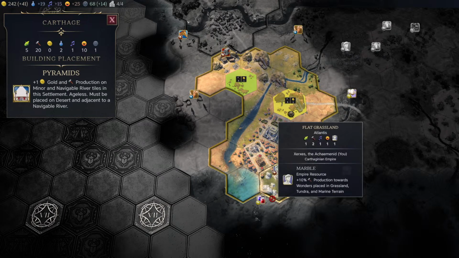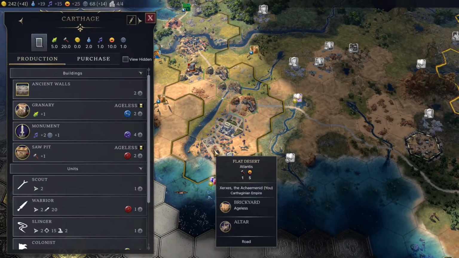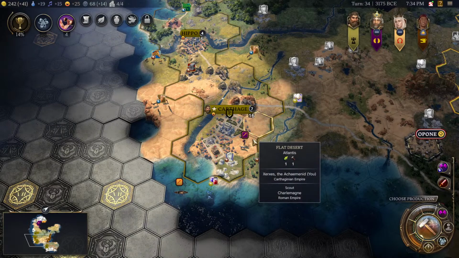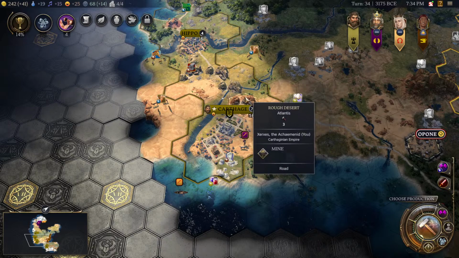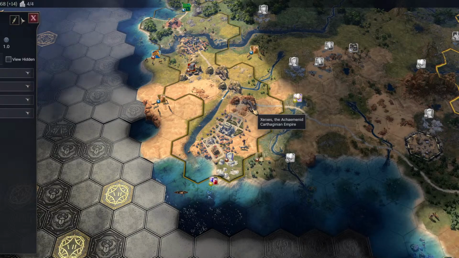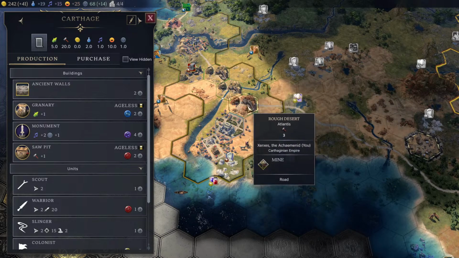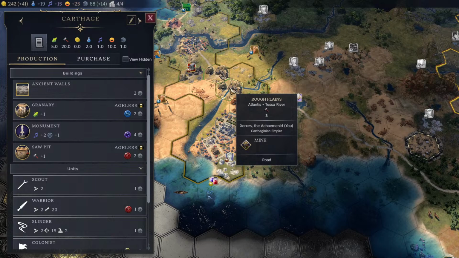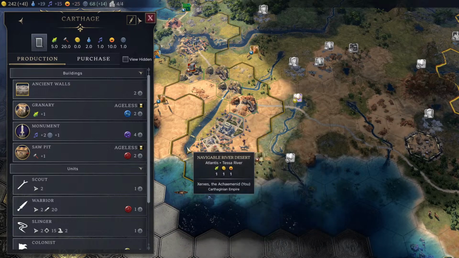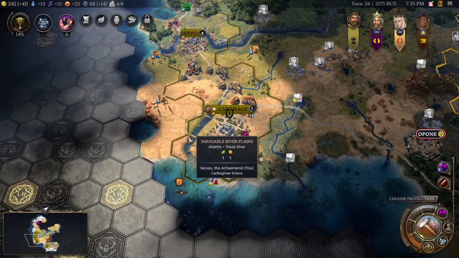Oh, I don't have anything on this side of the river. When do I grow? 16 turns. I am going to do a dirty. I'm getting rid of a desert tile. If I do that, though, I don't want to do that. Okay, well, my build order, or my build plan is kind of screwed up because I was hoping to do...